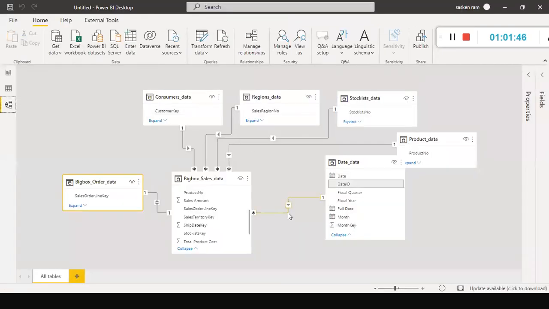Now it got filtered by, one second, ship date key. Sorry, mistakenly, I just deleted and recreated it.